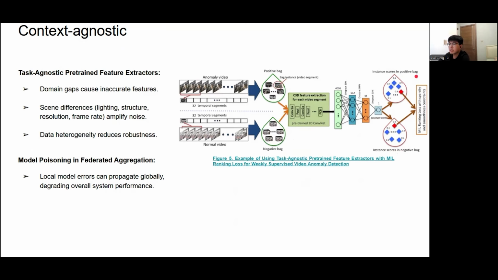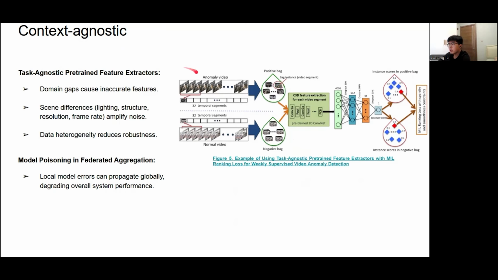However, using these pre-trained backbones for different scenes can introduce domain gaps. Action recognition datasets typically contain only one person per video, while surveillance videos often involve multiple people and more complex events. Some events in video may actually be combinations of several actions that make feature representation less accurate.